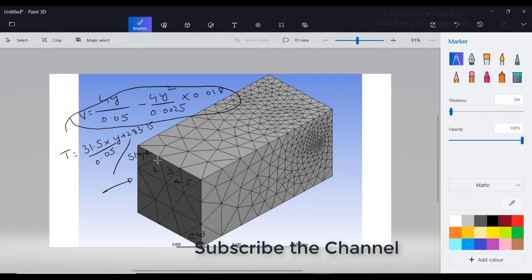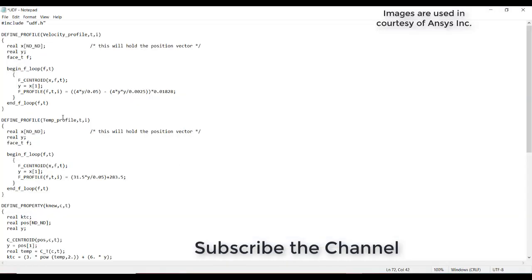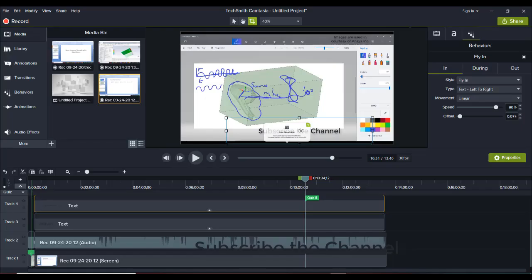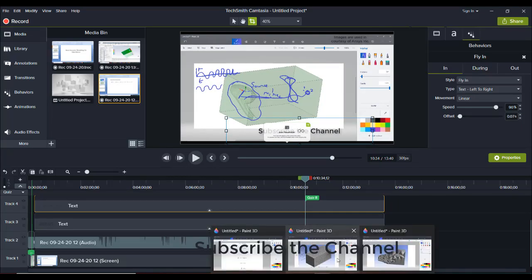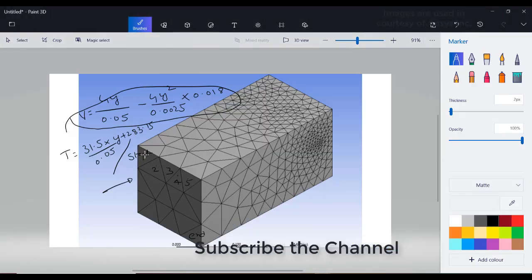So similarly from begin f loop, you can see begin f loop, right? So from begin f loop each and every phase would be called, and from that phase the centroid would be saved. That y dimension or y coordinate of that centroid would be saved in this y named variable, and that would be used in order to give the temperature profile. Again it is end f loop, so the loop would be ended. So in this way we'll try to patch each and every phase with different temperature profiles which vary with respect to the y coordinate. So I hope this is clear.